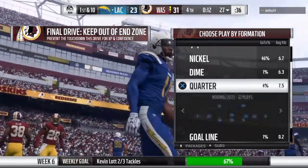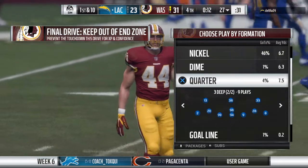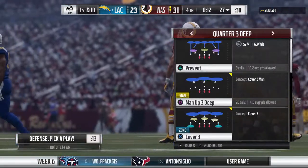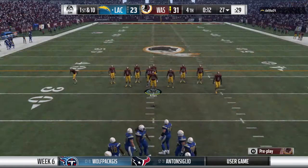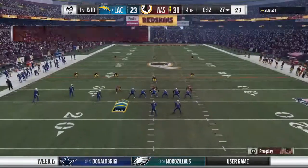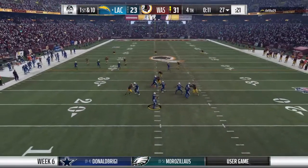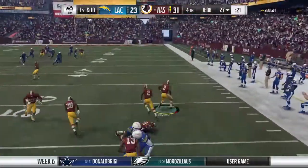Now the Chargers offensive unit ready to see what they can do here. Critical condition here, obviously. Got to hope to get something quick right and then maybe take that shot deep. And once they do take the big shot, you've got to worry on defense. Of course, no one getting behind the defense and make it an easy throw. But nowadays, it's not just the ball being tipped in the air and people in the end zone in a cluster. It's that guy that's short in the end zone who comes up and ends up making the play because he... And, oh, a crusher there as it's